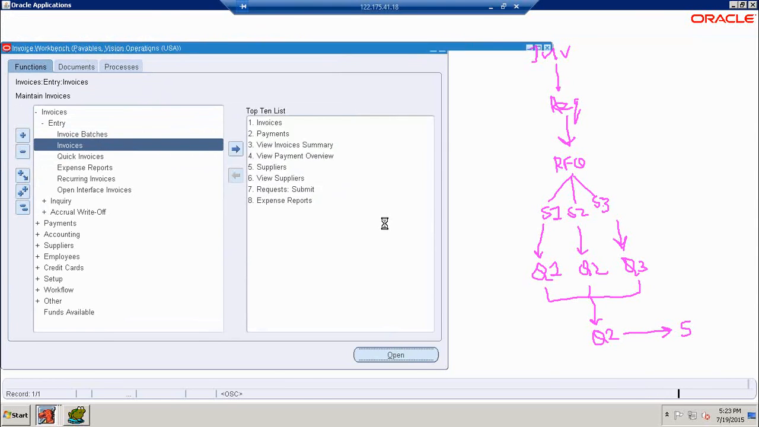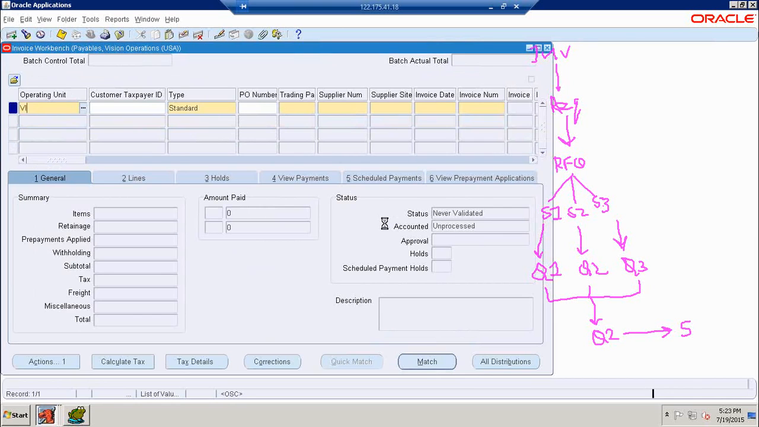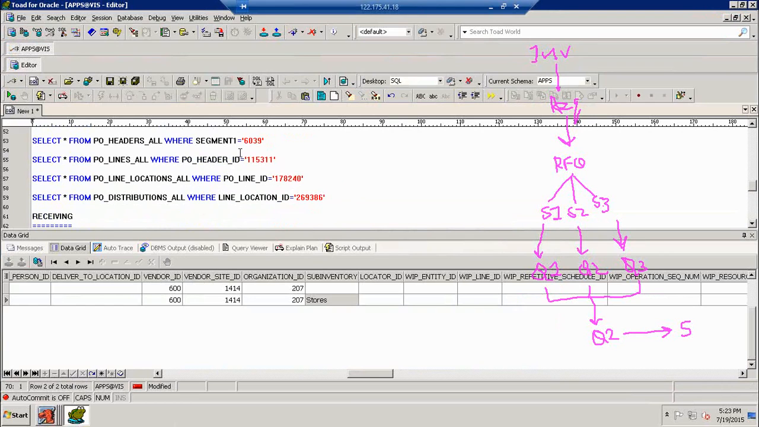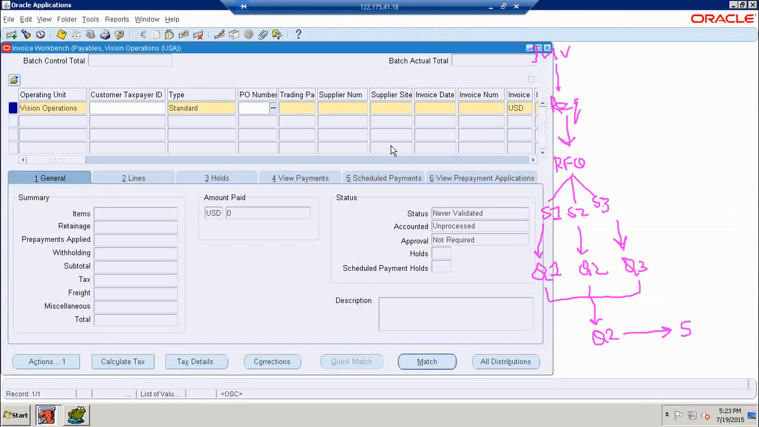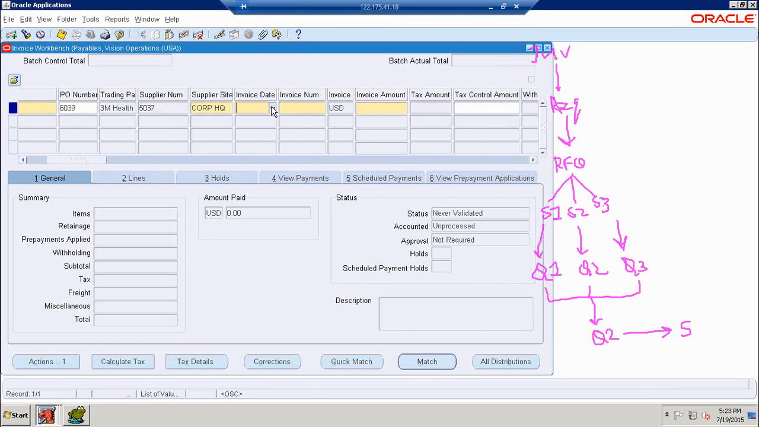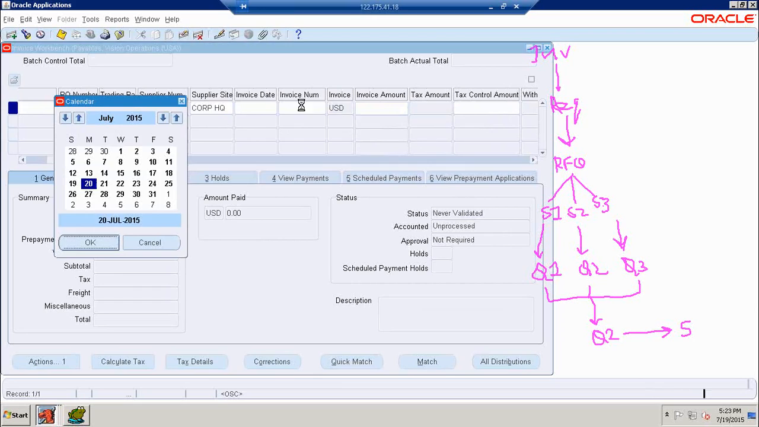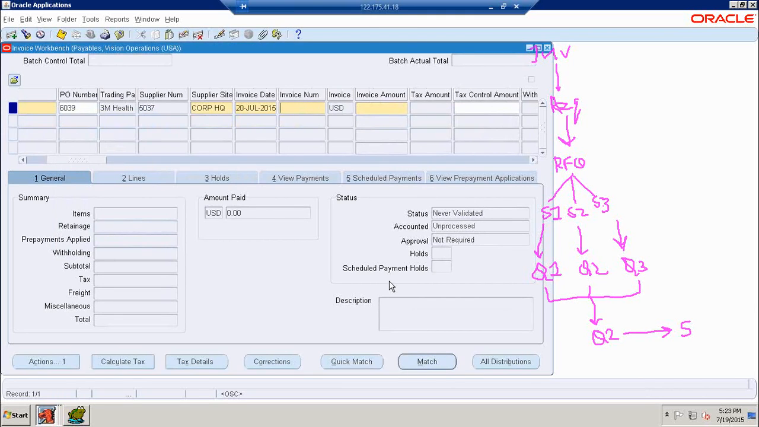Invoices, entry, invoices. Then which operating unit? Vision Operations. The type of invoice is standard. What is the PO number? The PO number is 6039. Now it clearly tells us to whom we are creating this PO. Okay, and what is the invoice date? Today's date. And what is the invoice number? Now I'm going to write invoice